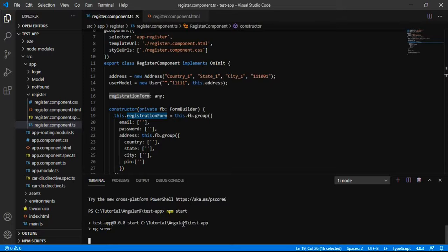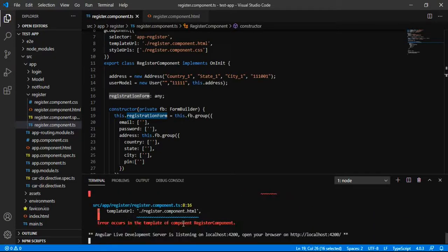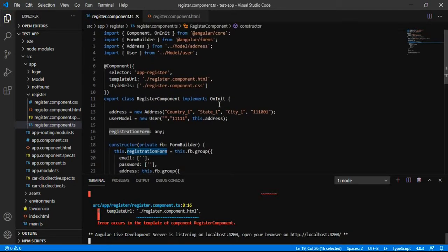Let us run and open the application in the browser. So we are having this error.